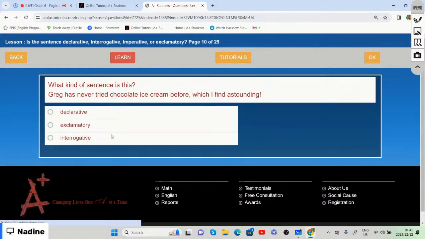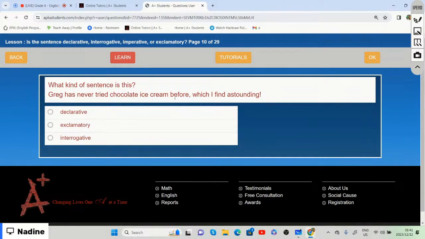And there we have it. Interrogative sentence ends with a question mark, right? Yes, it ends with a question mark again. And what kind of sentence is this? Greg has never tried chocolate ice cream before,